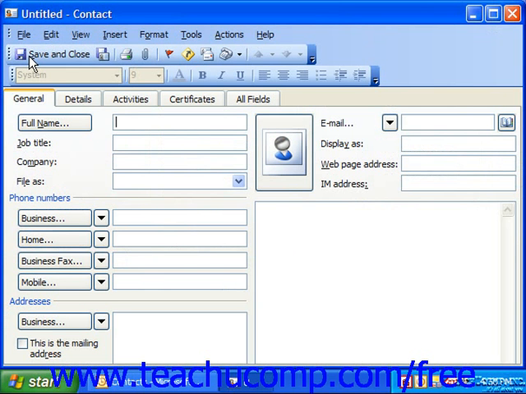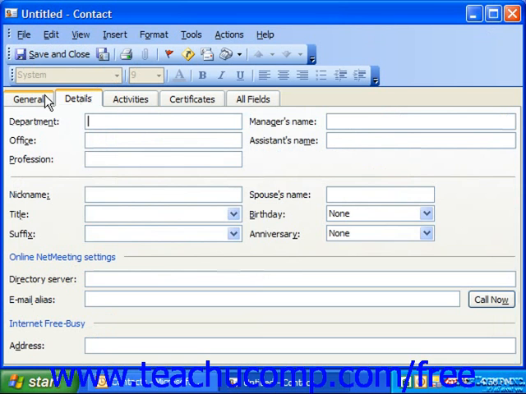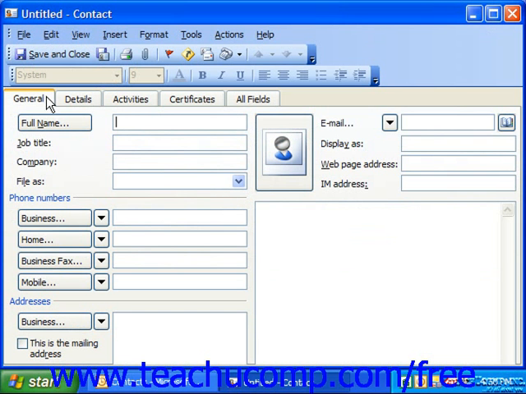In the Contact window, you simply type in all of the information you wish to keep for the contact into the available fields. Note that there are several tabs of fields across the top of the window that you can click on to access different types of information. On the General tab, you would fill in the basic contact information like their name,